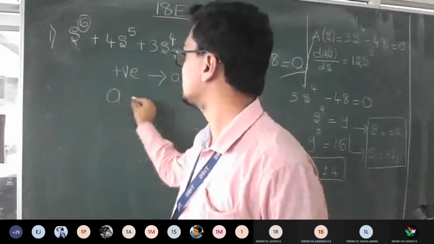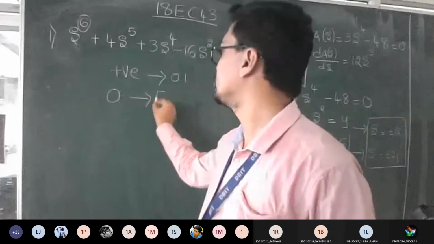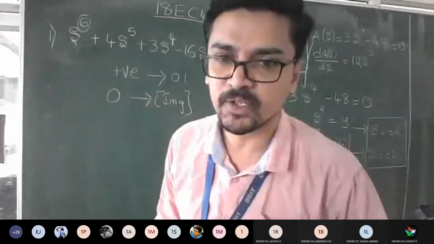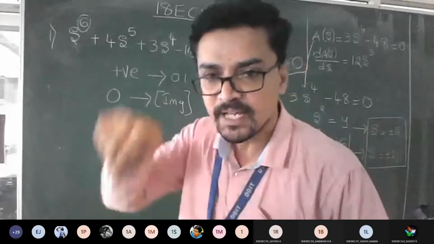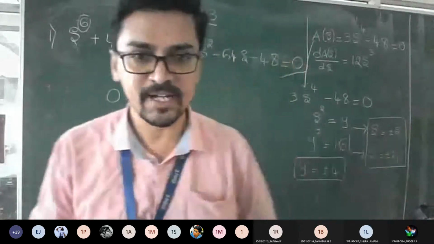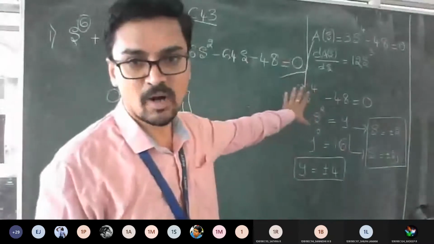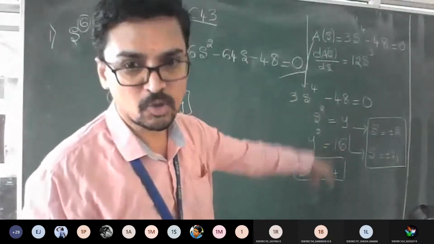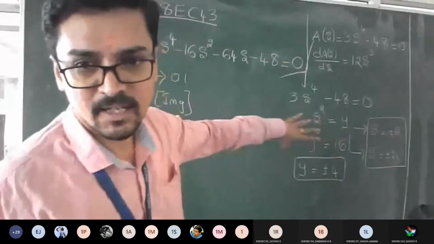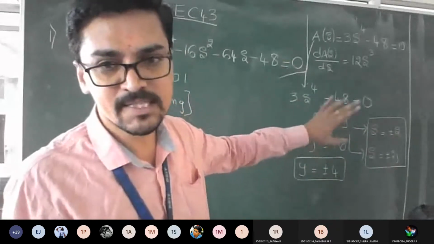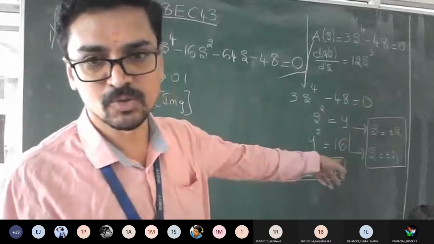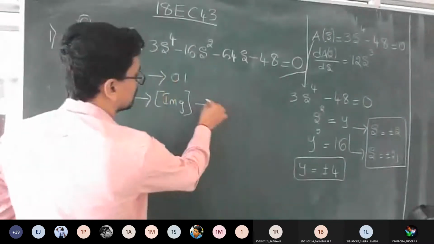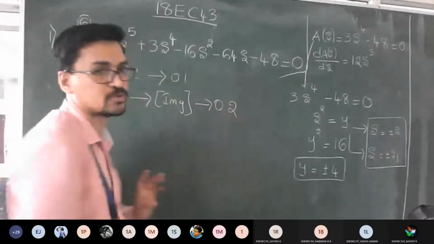Similarly, the zero real part is with respect to your imaginary axis. How many imaginary values are there? To find that, we chose the quadratic equation equated to 0. We found two roots, so totally you got 4 roots in this. Out of which, how many were on the imaginary axis? It was 2, plus 2j and minus 2j. That is why we wrote number of zeros is equal to 2. Is that clear?